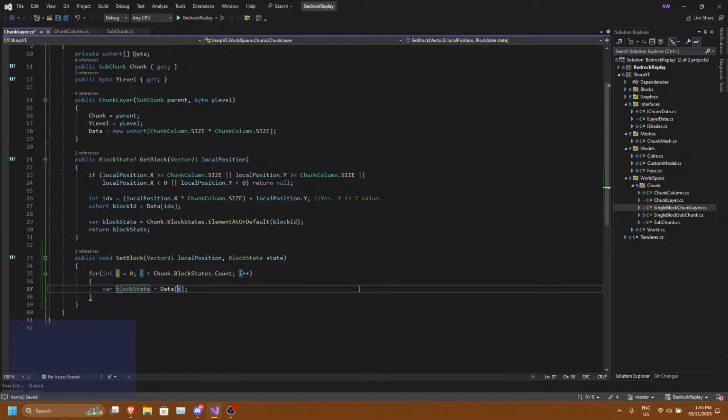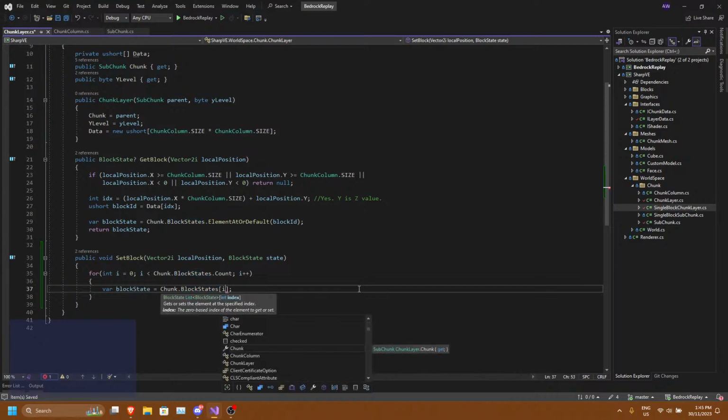var block state is equal to chunk.block states i.